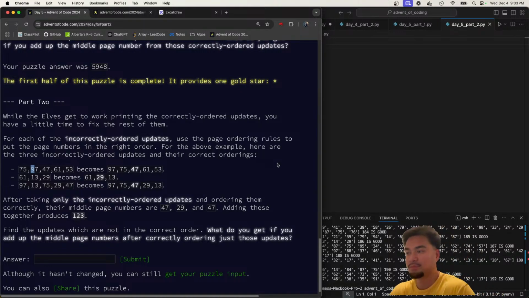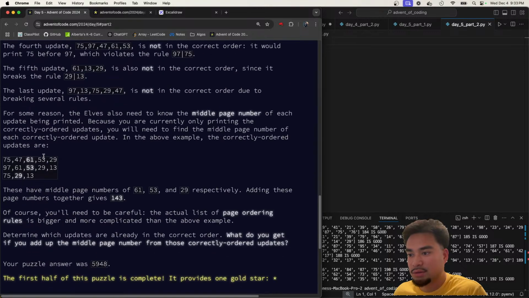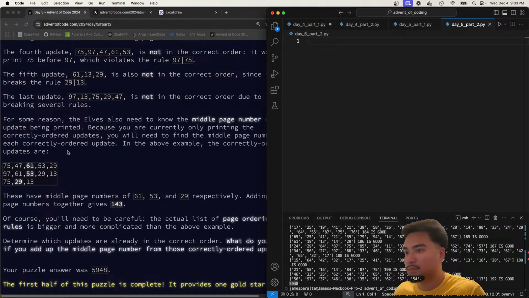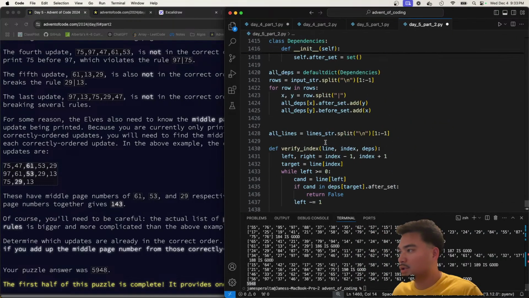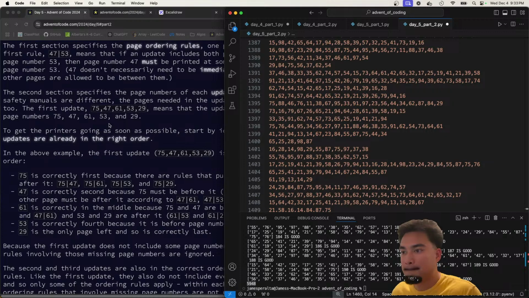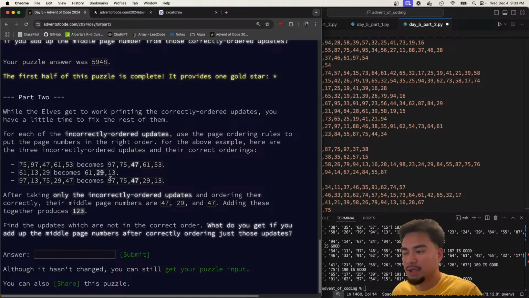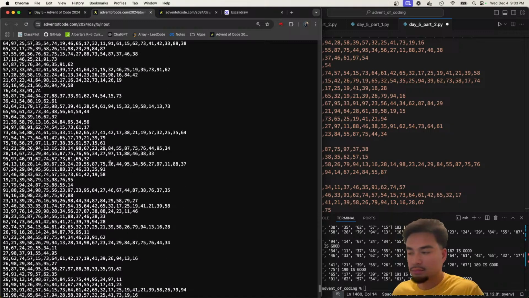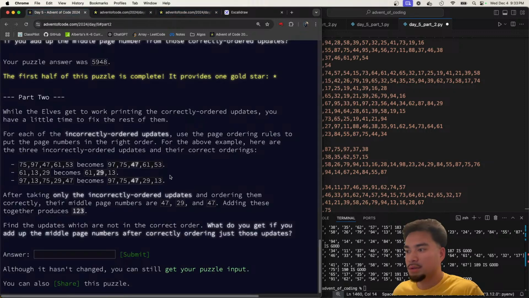Let me think. So what's the dependency list here? Let me copy over a lot of this code and just delete some stuff. What's the input? Get your puzzle input. Is it the same input as before? Okay,